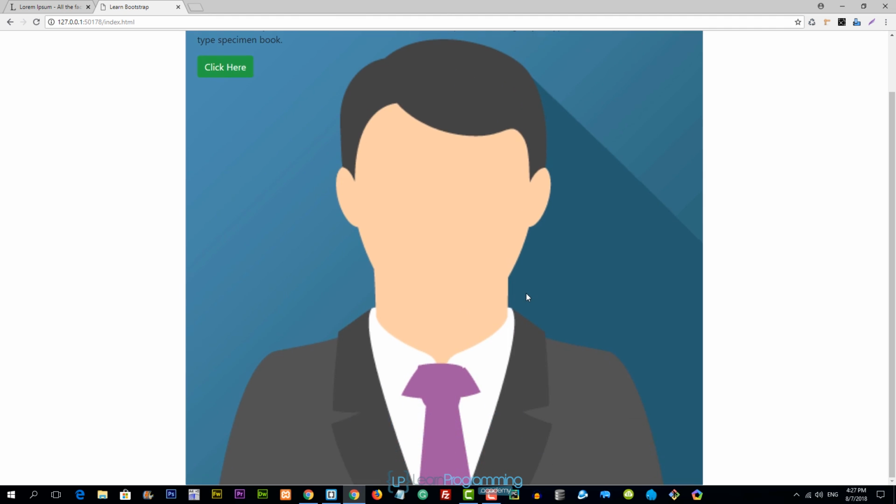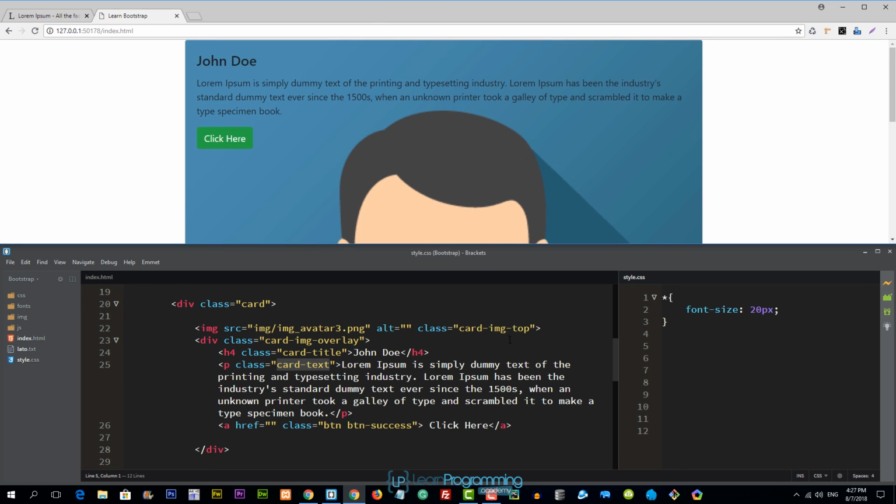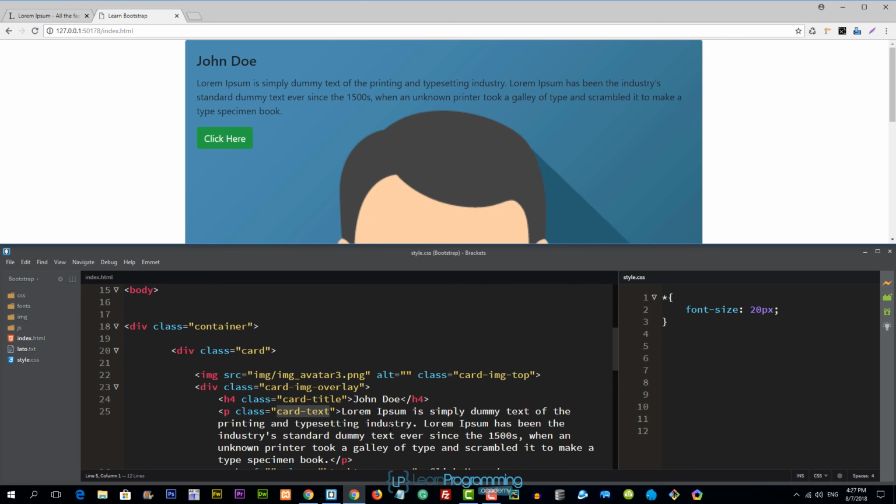So if you want to use your cards to be like this, you could do that as well. It's entirely up to you, but in my humble opinion, I like the column-wise way it has been displayed, in a row and column-wise. I like it better. So that's pretty much it as far as cards are